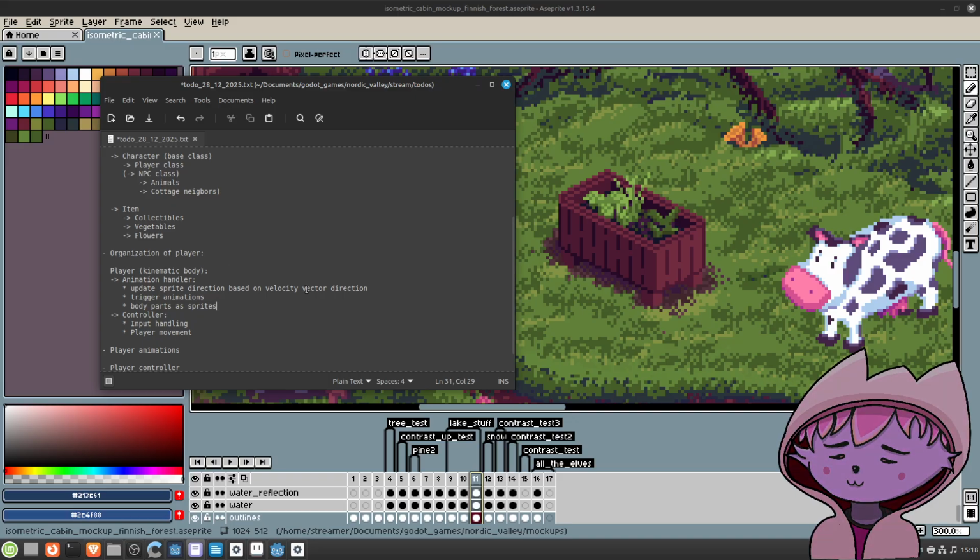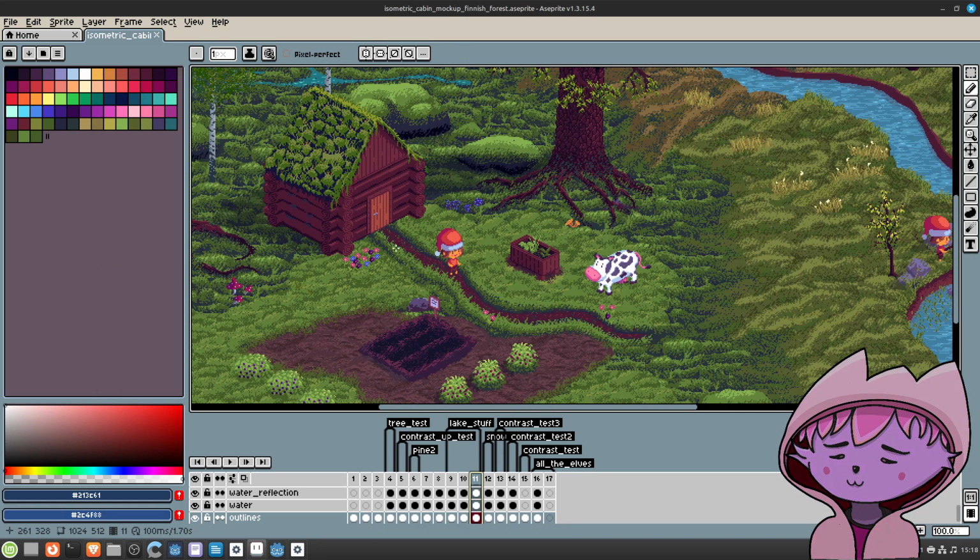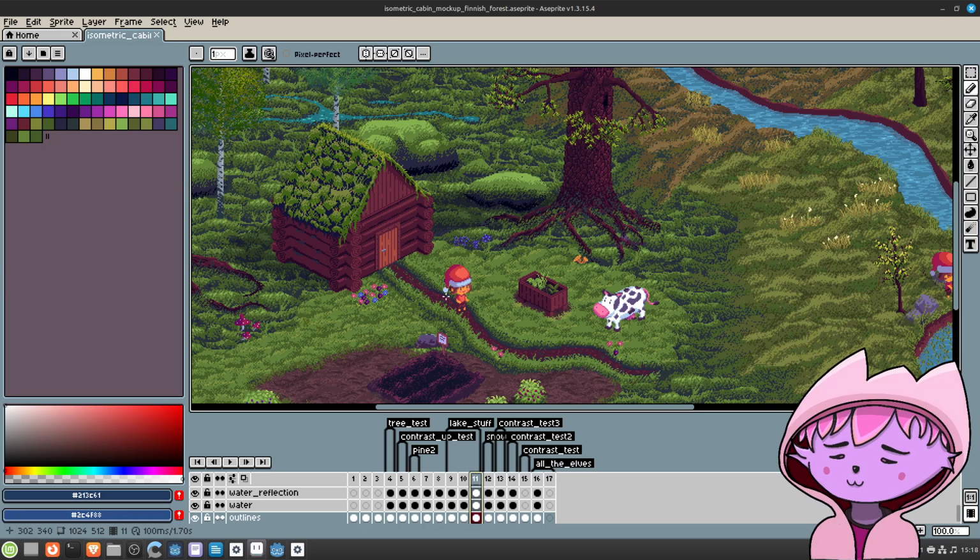Also, one thing which came to my mind just now is it may very well happen that the player is standing behind a cabin, behind a tree. I would like to have this effect that the player silhouette is being shown in that situation.